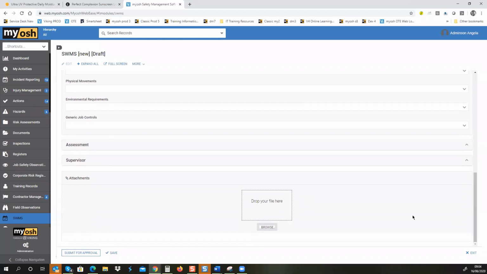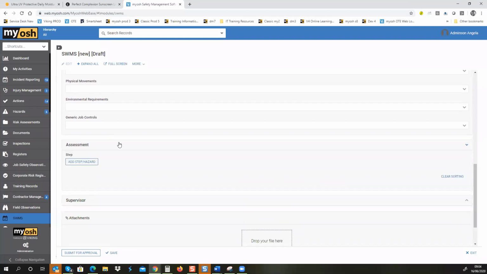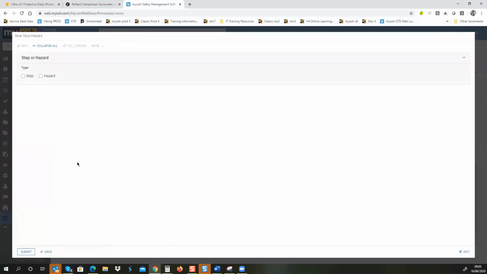And once we move past the details section, we get to the assessment area. So this is where we build either the steps or the hazards that form within the SWMS itself. You'll see at the very top where we've got this type selection. Depending on which option we select, we're going to see a slight variation in the list of fields available to us. So if we first of all look at hazard, for example,